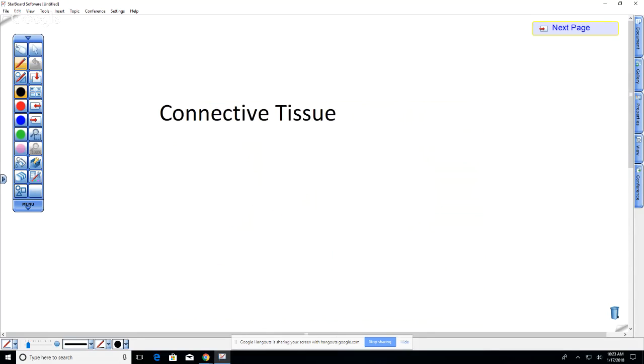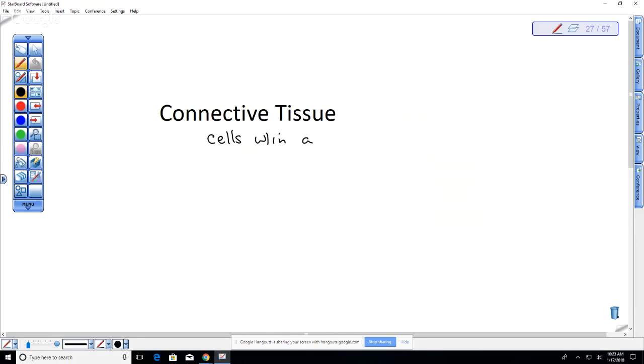Okay, so we're going to move on to the next type of tissue. All of what we talked about previously was epithelial tissue. So now we're going to talk about connective tissue. And like it suggests, in some cases it connects one type of tissue to another, which we'll talk about some examples of. But really the characteristic of connective tissue is that we have cells